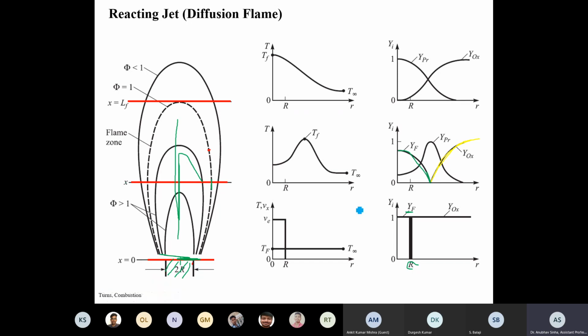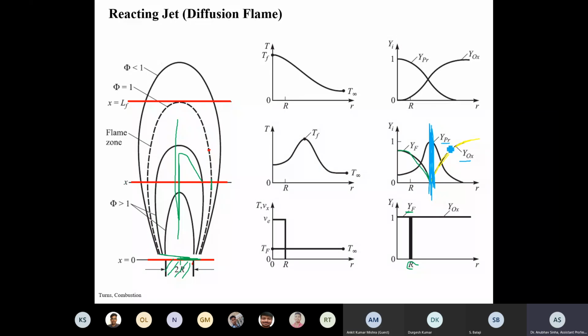So this is the flame front. The flame will be sitting at this place. I see that fuel is coming from this side and getting burnt, and oxidizer is coming from this side and is also reacting, getting finished. So what is getting formed? Both fuel and oxidizer are finished, so we get product.